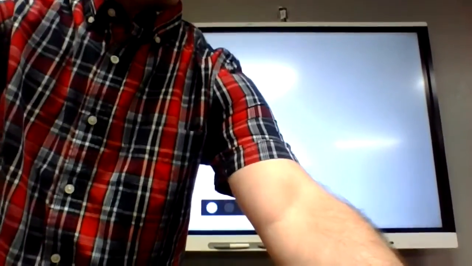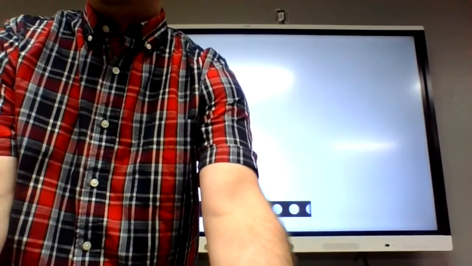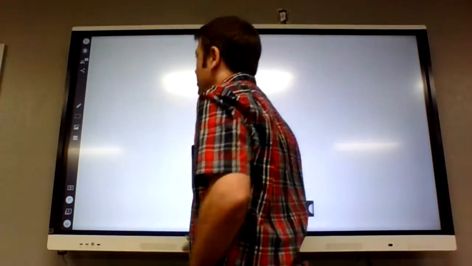State the domain. Do you guys remember what the domain meant? X values. What is the smallest x value on number 1? How far left does it go? -3. So what we're going to put,